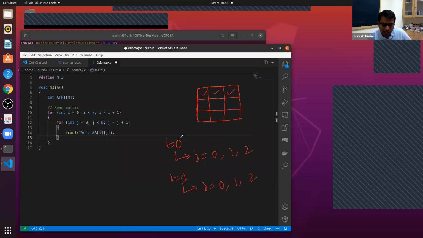So with I equal to 1, j equal to 0, you read this element, and then this element, and then this element. And then after that we will have I equal to 2, not 3. So we read this element, and this element. Are you all with me here? Yes, no, maybe, confused?